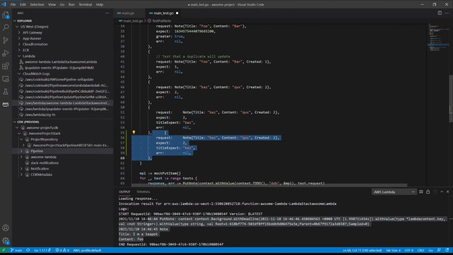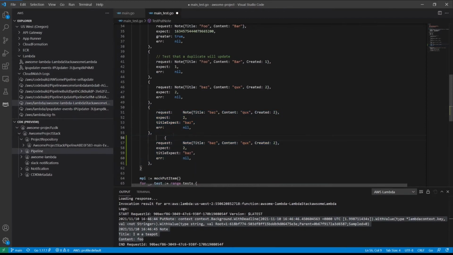Let's copy this test. Change the created. We'll expect this to come back as 3. Put in "I'm a teapot". Content foo. And we will want to expect "I'm a teapot" to come back.